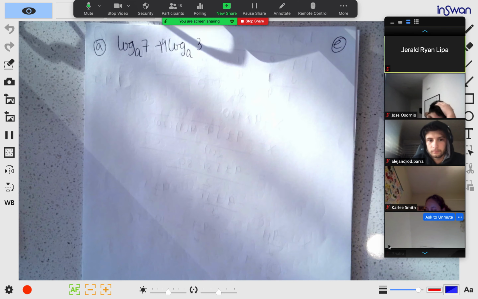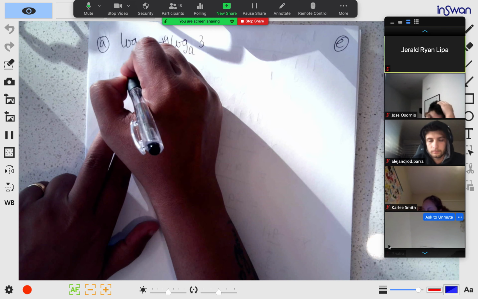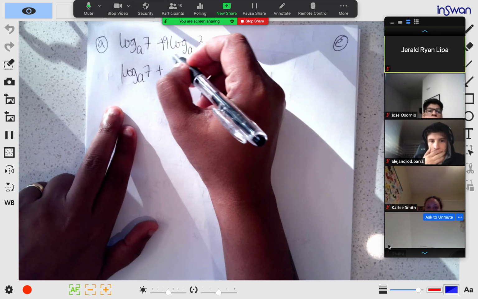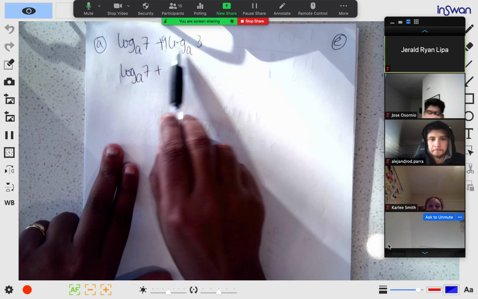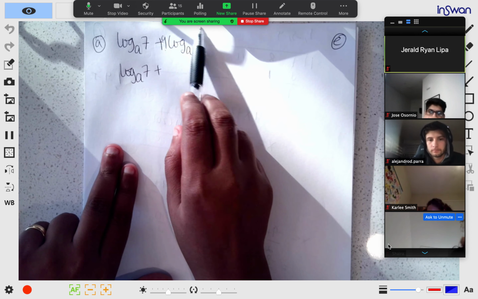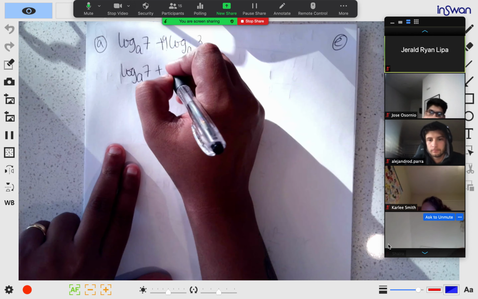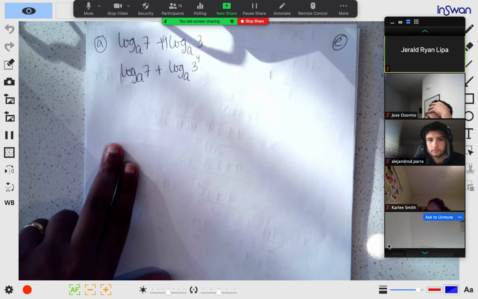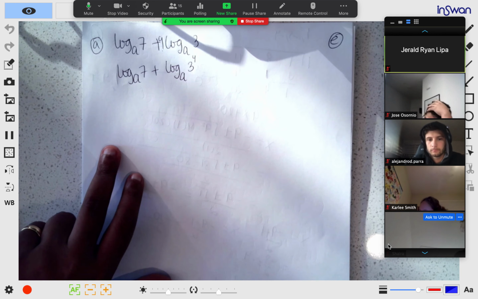How do you do it? First of all, log a 7 you cannot do much, keep as it is. I have this 4 here in front. Note what log did: it picked up the exponent and threw it in front. Now I'm going to go backward. I'm going to put it back here. So it becomes log a 3 to the power of 4. Now I put it back, and since my bases are the same, addition,